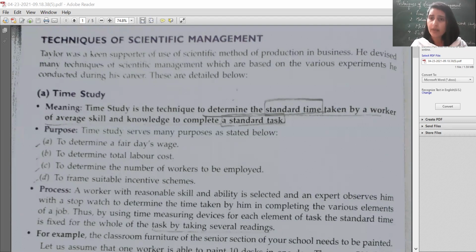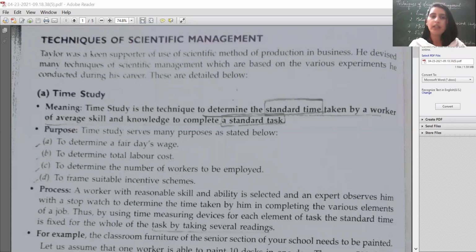Scientific inquiry is required, and then we will take out the average of all these 3 workers, and that average time will be set as the standard time. So that time will be a standard time, and that will be given to the worker. So this is the standard, that at least you are supposed to make 2 boxes per day, right? So this is called time study. Time study is a technique.